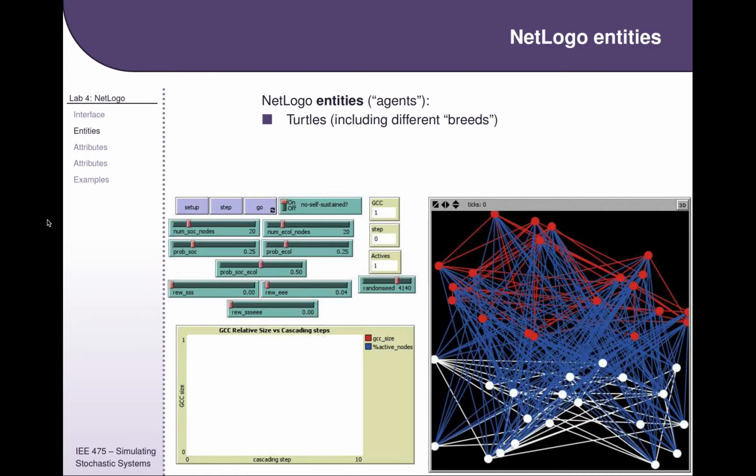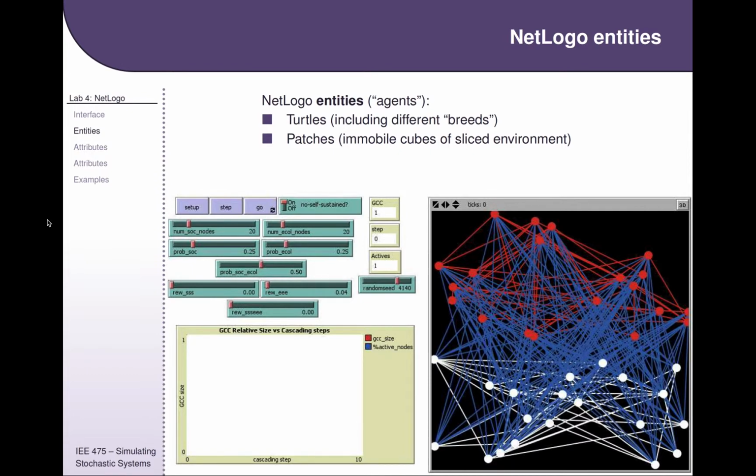But the turtles can have different breeds, and the different breeds of turtles allow you to have different types of agents, or types of entities. I could ask you, how many different types of entities are there? And you could say, well, you can take those and subdivide them by their attributes. But at a fundamental level, what are the different types? Well, in NetLogo, the different types are the breeds of turtles. Now, there are other types of agents other than turtles in NetLogo that don't move around. Turtles are the agents that move around. So they're entities that are moving, but